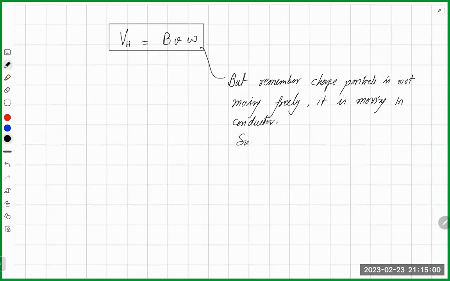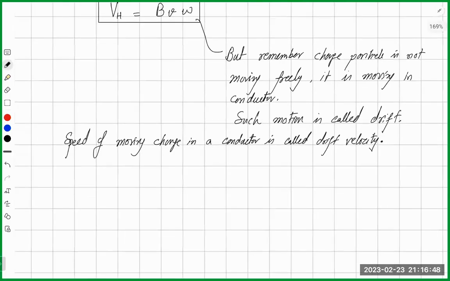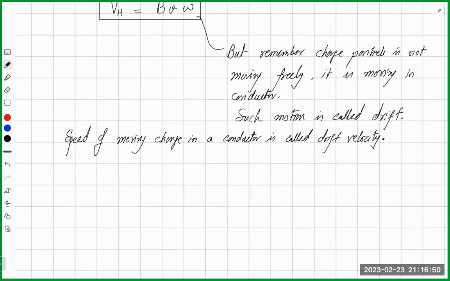Such motion of charged particles in a conductor, they drift. Speed of moving charge in a conductor is called drift